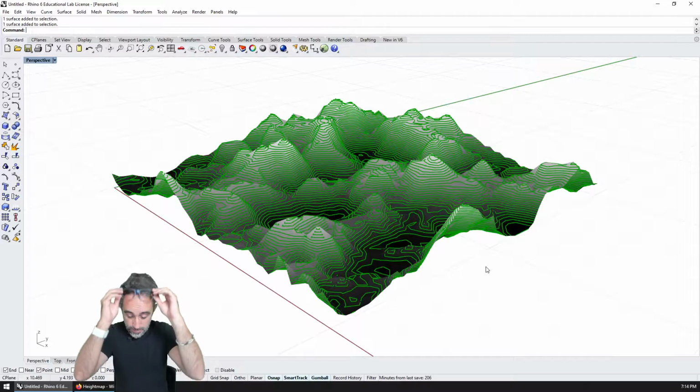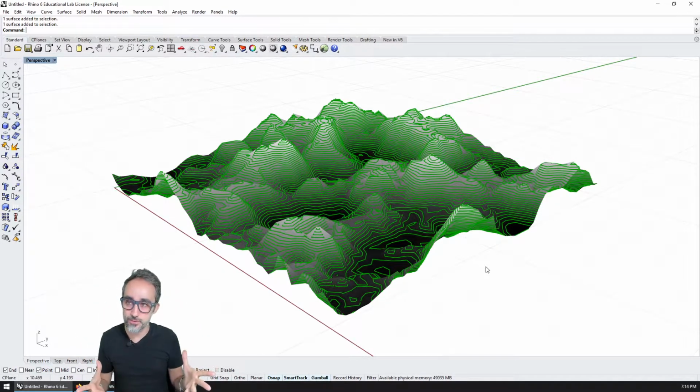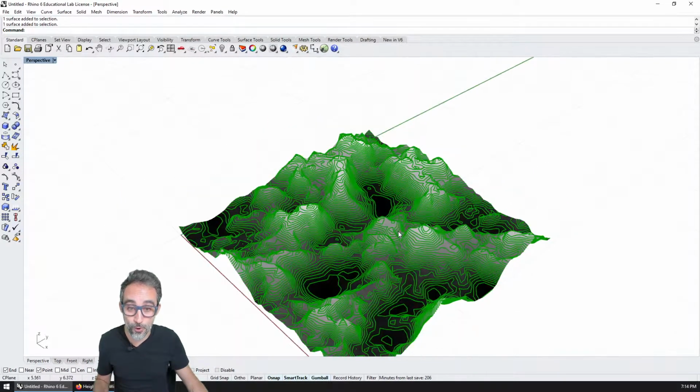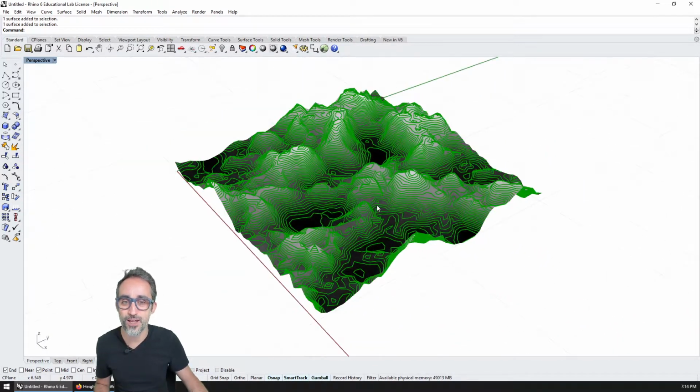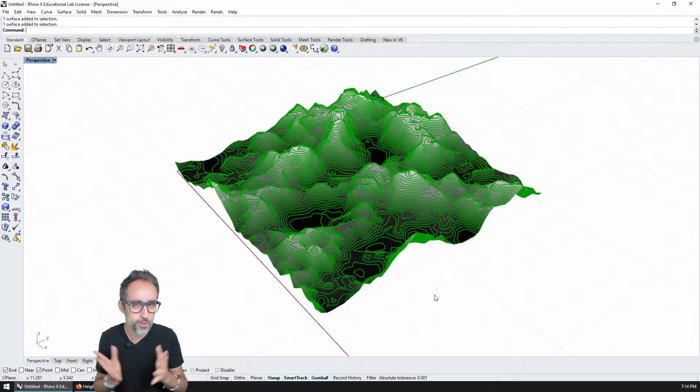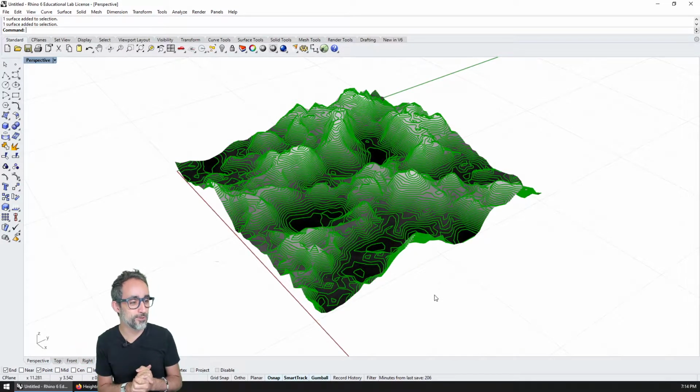This was reconstructing terrains from height maps or height fields. We used two techniques, mesh reconstruction and NURBS surface reconstruction. I hope this was useful, and I hope you now go ahead and take some images from the internet or some maps, whatever, and you try to recreate them in 3D. It's a lot of fun. You could also 3D print this mesh as well, even with the color, and that would be really cool.